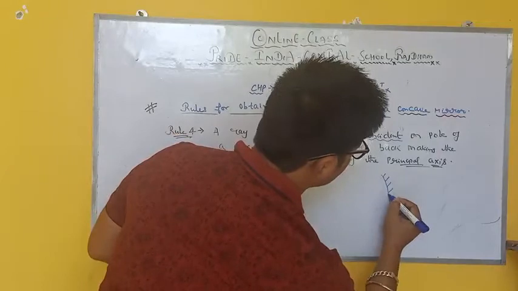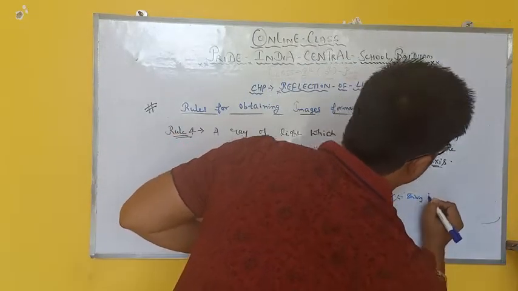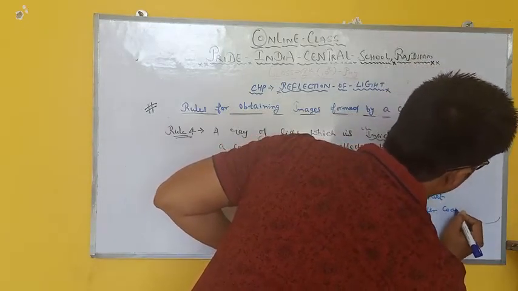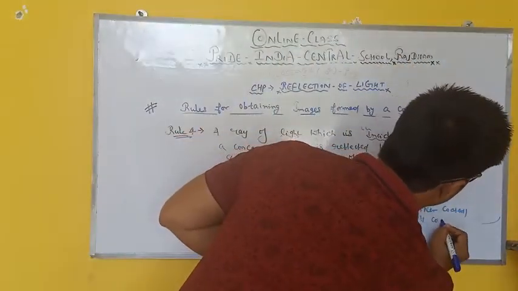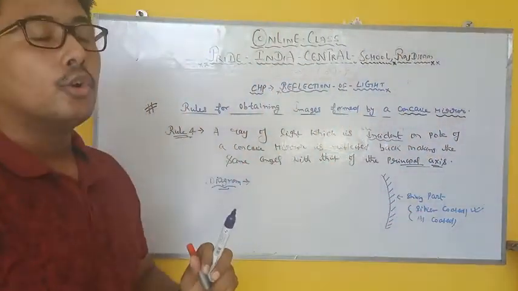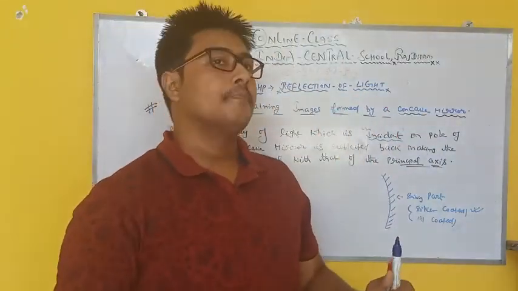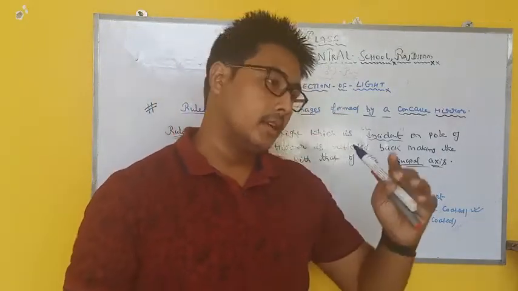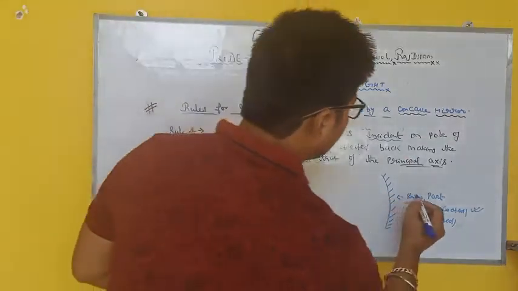Again, this is the shiny part, you need to remember. This is the shiny part, silver coated, or to make it even cheaper, we use aluminium coating, because silver is costlier than aluminium. That is why we don't use silver in electrical wires, because silver is much costlier than aluminium. So we use aluminium or copper. But silver also is a very good conductor of electricity. Gold also is a very good conductor of electricity. Okay, so we are using this here.